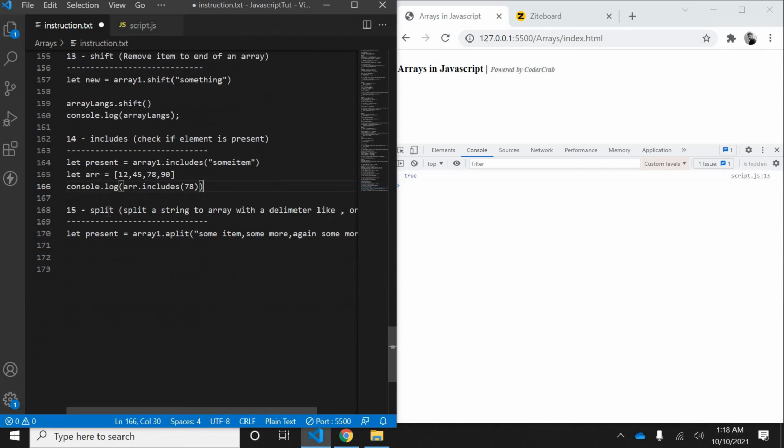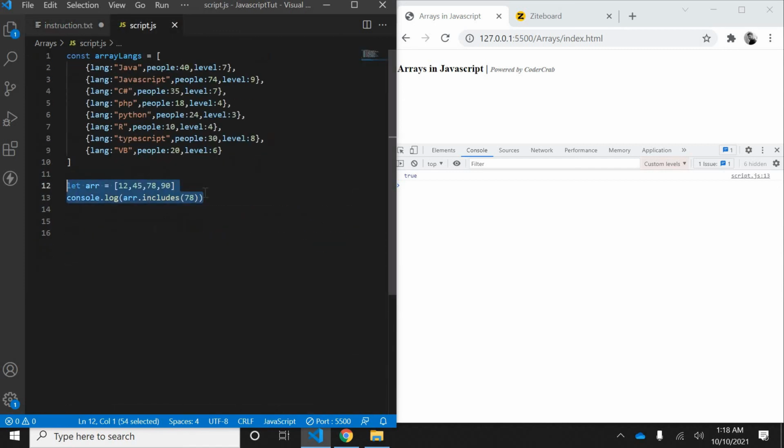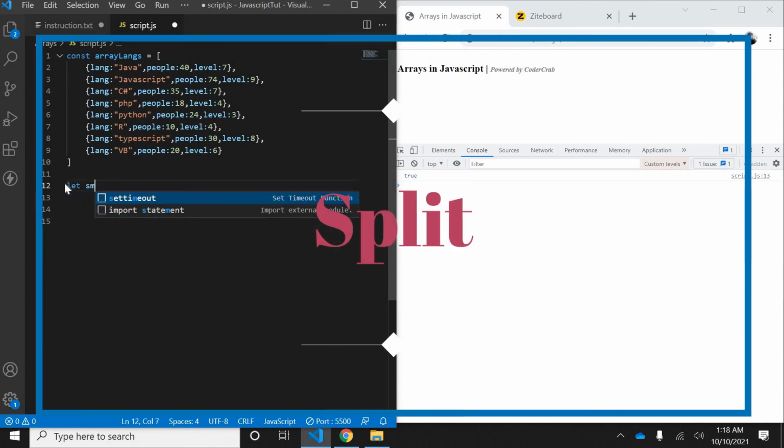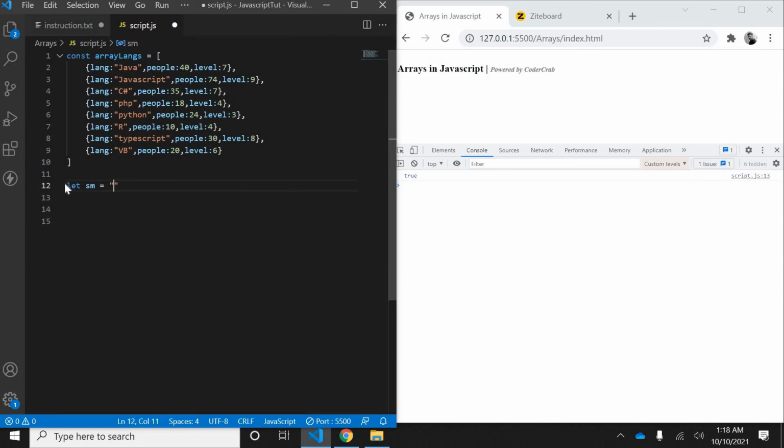And next is our most common function, split. If you have a string variable, like let sm equal to some words, comma, some more, else. These are the words which I'm using, put inside a string, and I want them to be an array.